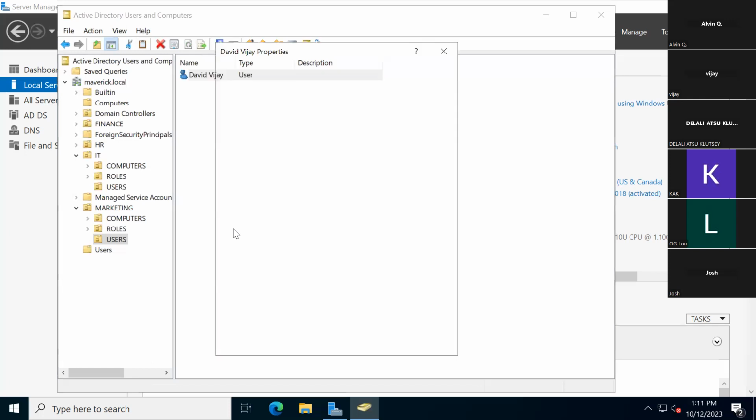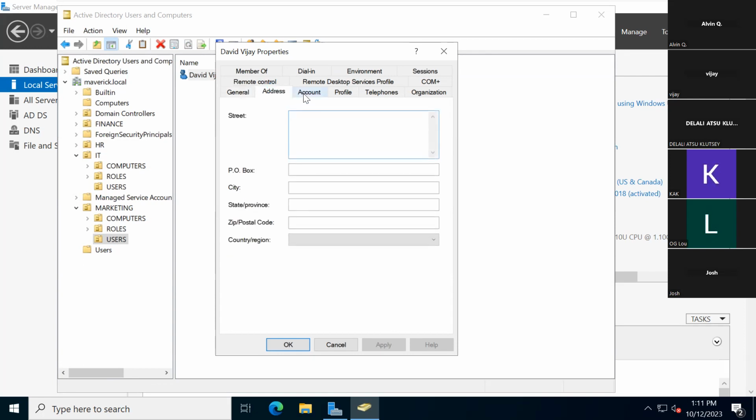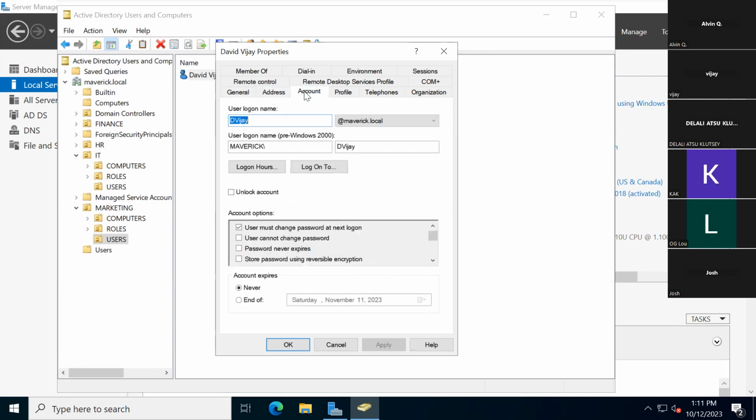So back to the properties. When we come back to the properties again, you can fill in all details for the person. You can add the address of the person. You can put the address there. But when it comes to the account,